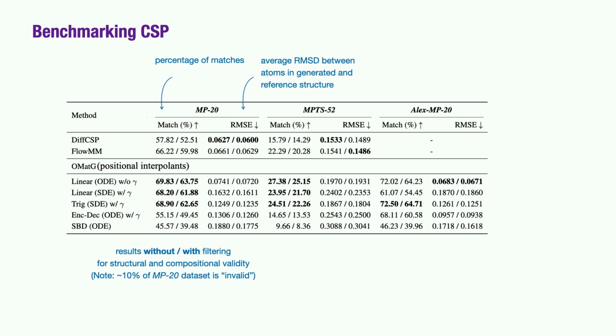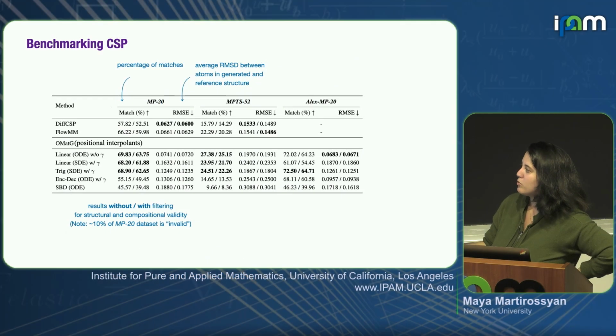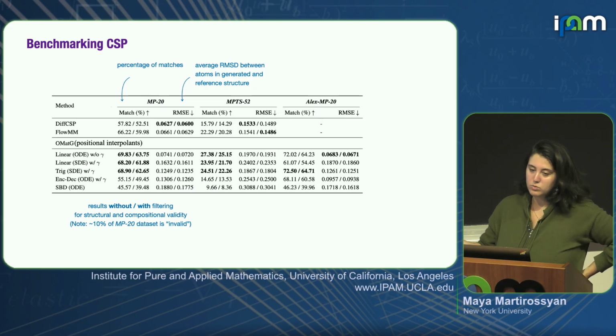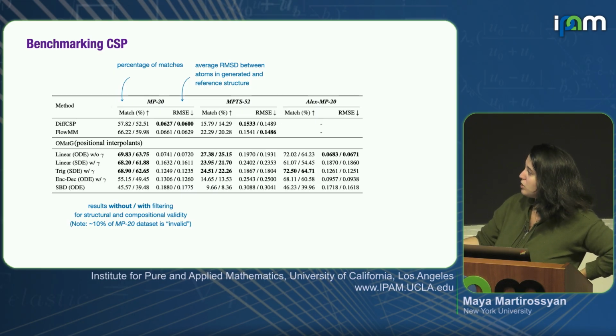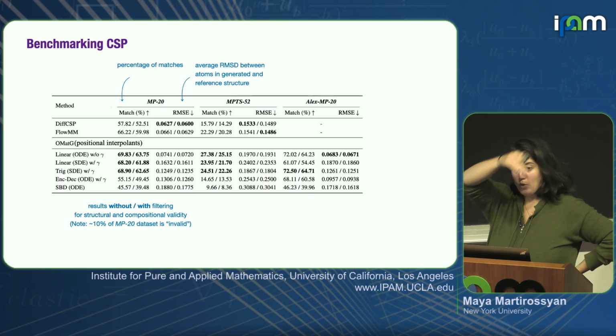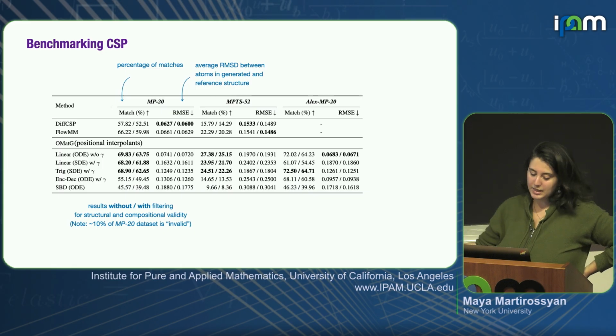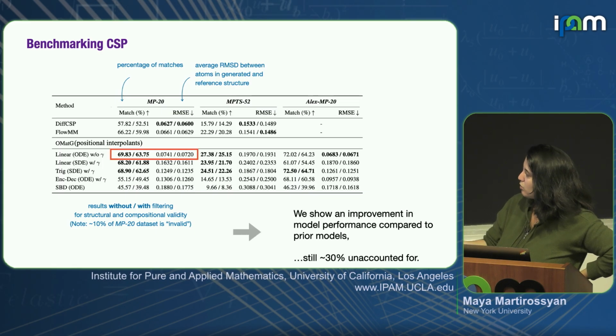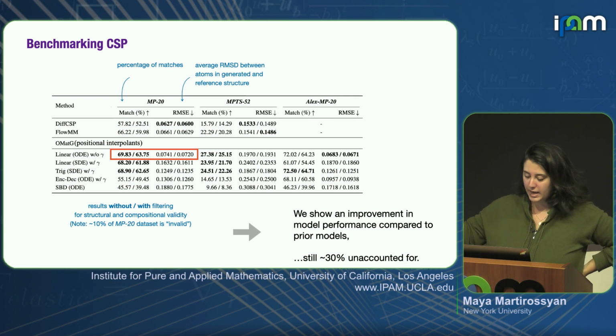We just didn't assume any one way or the other, and we kind of put this to the test. Some of our best performing models were with the linear interpolant, but also with SDEs. We also use this trigonometric interpolant, which actually takes you a quite weird path, I would say. But what I really just want to point out is that this is perhaps the best performing crystal structure prediction model we had.